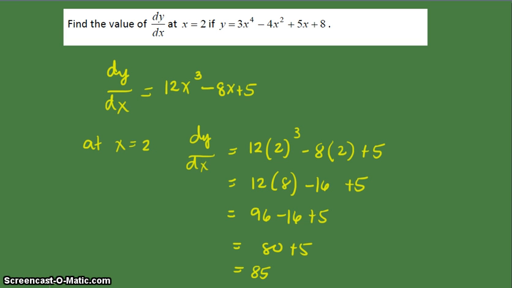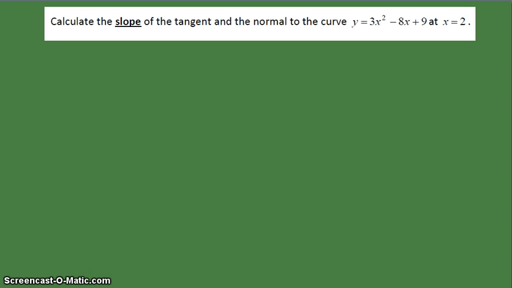Okay. Another type of problem that you might encounter involving derivatives is finding the slope of the tangent and the normal line to the given curve at a value of x. So basically the idea is that to get the slope, you have to get the derivative, and then just find the derivative at the given value of